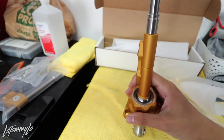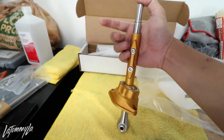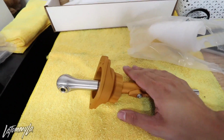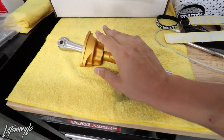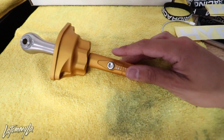Okay, quick explanation on this shifter before I actually install it. It didn't come with the instructions because I think this is the prototype, but when you guys buy it, it will come with instructions, of course. I do have the instructions in my email. He sent it over. If you guys are really into the Honda scene and know about the old school JDM parts, they have this shifter called the C's short shifter, which has a whole mechanism where you can adjust the throw by moving it up and down. This is pretty much it,